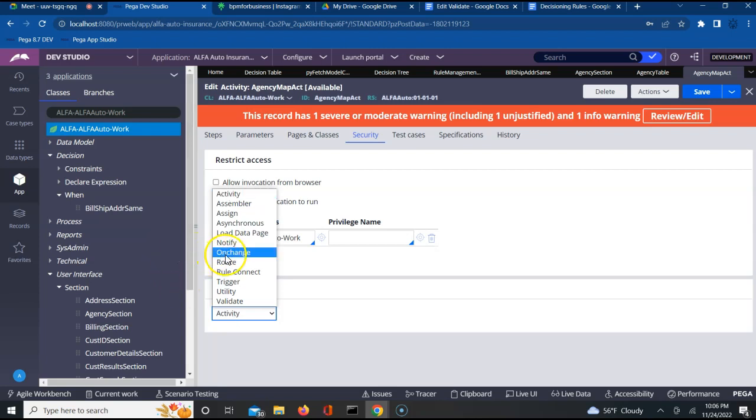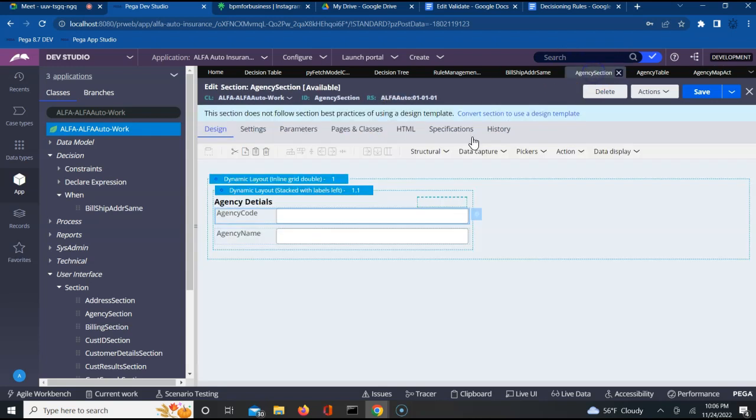Right? Then we have to choose OnChange in the security tab. Very important, guys. When you are doing OnChange sort of implementation, you will have to choose that in the security tab. When you try to define an activity for mapping a decision table and OnChange of some property, for example,